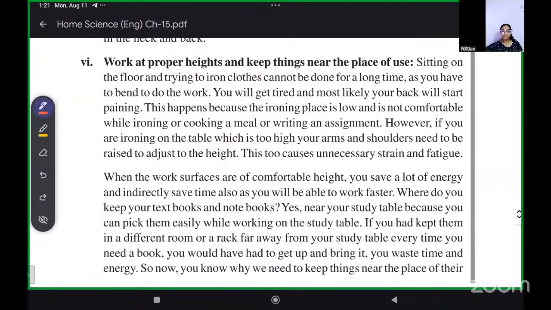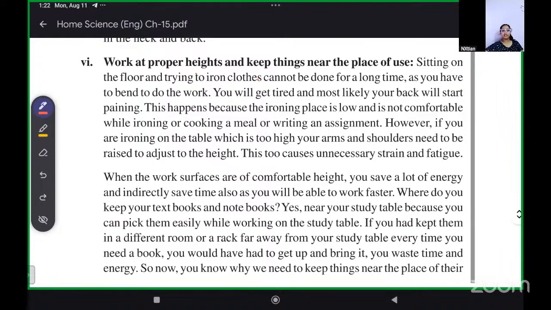This happens because the ironing place is low and is not comfortable while ironing, cooking a meal, or writing an assignment. When you're doing tasks like ironing, a higher table is used. When we're cooking food also, the place where we cook is at a good height. And while studying also, we use a study table. The kitchen counter and study table are all at a particular height, so that we do not